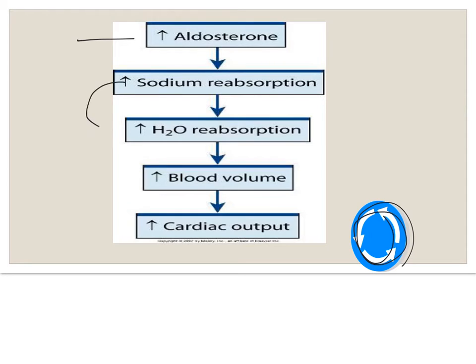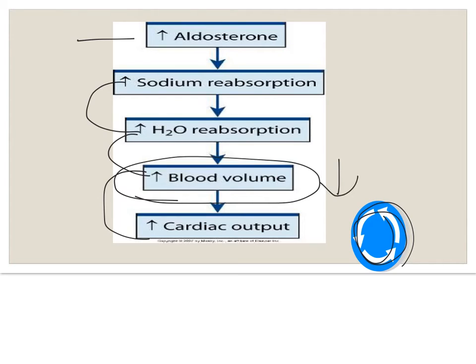Where sodium goes, there goes water. And so that combination leads to increased blood volume, and that combination leads to increased cardiac output. This is how the renal system is involved with hypertension. If we can block this particular cycle with medications, then we can help to lower the volume, and by lowering the volume, we can lower the cardiac output, and that will help